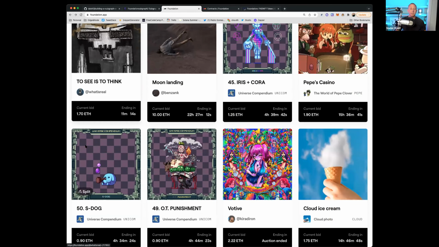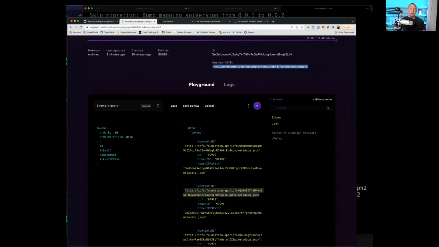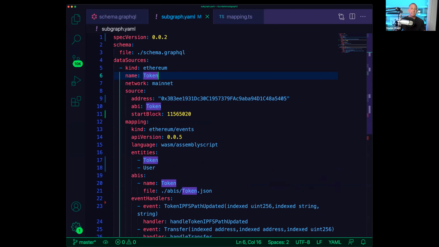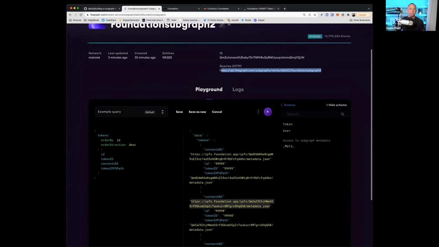Using an API like this, you can actually combine multiple contracts. So you don't have to just use a single contract. There are dozens of different smart contracts for NFT marketplaces. So let's say you had an idea for a more comprehensive front end that you could build across all of these, then you would just build out a smart contract, you would just build out a subgraph. And then instead of having a single data source, you would just have multiple data sources, and you could serve these all up via a single endpoint.